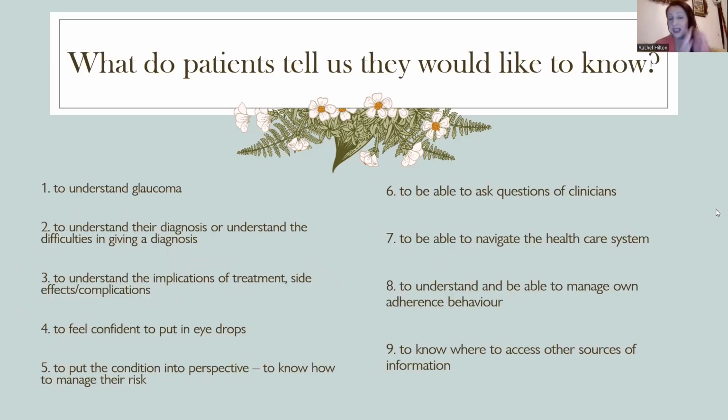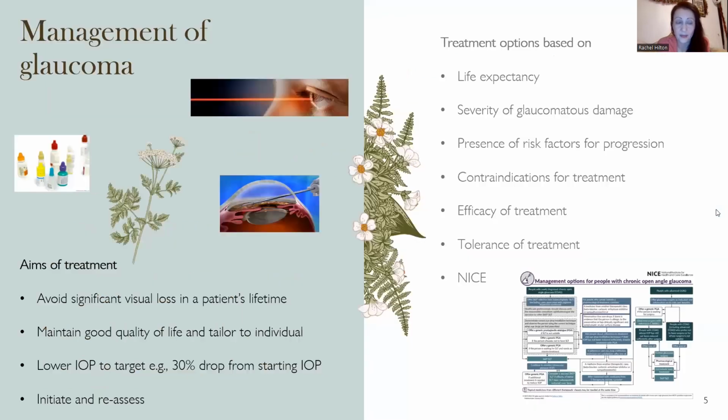I have this slide up briefly, just to give you a sense of what patients have said they wanted to know, and hopefully the kinds of things I've tried to cover. I'm well aware I've jam-packed this presentation, so I'm not going to talk about this in great detail, but these are some of the things that patients have flagged to us in the early stages that they'd like more information on. Obviously they want to know what the condition is, what the treatments are, how to navigate the healthcare system, where to go for information, etc. These are the types of things that I'm going to try and cover in this presentation.